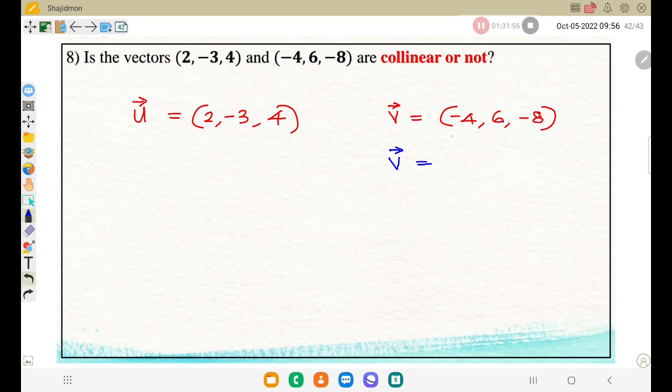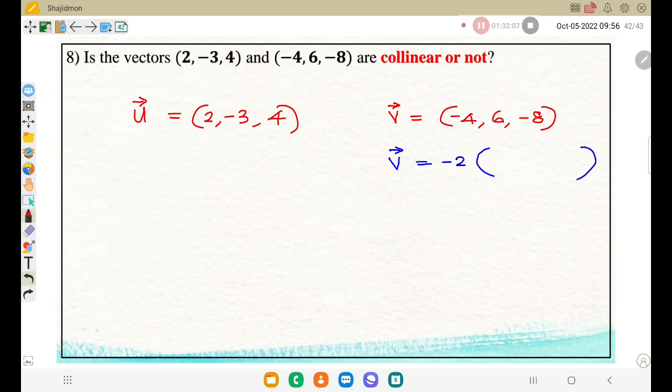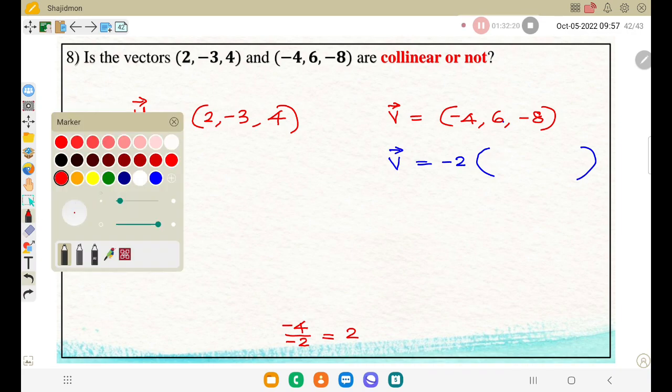Which number is common? This is the easier way to do. Which number can you take common? Minus 2 we can take common. Correct? Write the remaining vector. What are the remaining vectors here? Minus 2 taken out means the first number is minus 4, divided by the common minus 2. So what will be the balance? 2 is the balance, correct? So the first number is 2,